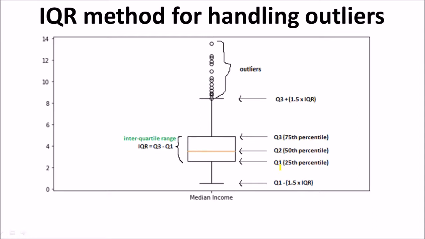Well, it is simply trying to tell us that the 25th percentile of a particular column, for example, in this case, the median income column, is the lower part of this box, which is also known as Q1, and the 75th percentile is also known as Q3, and this is the upper part of this box. And this orange line is the median of this data, which is the 50th percentile, also known as Q2. And the upper and lower whiskers determine which points are to be deemed as outliers. So any points to the upper side of the upper whisker or to the lower side of the lower whisker will be deemed as outliers.